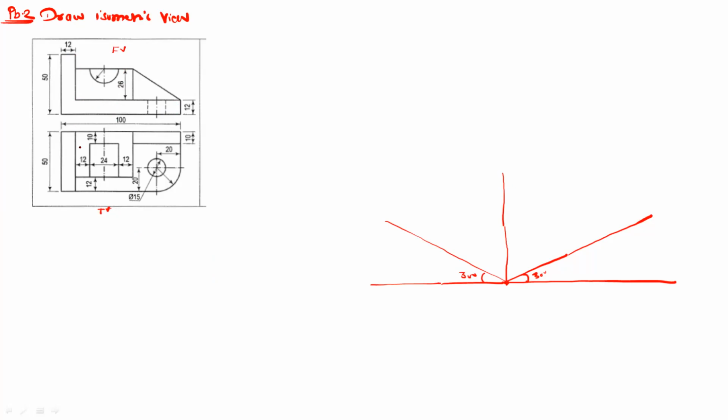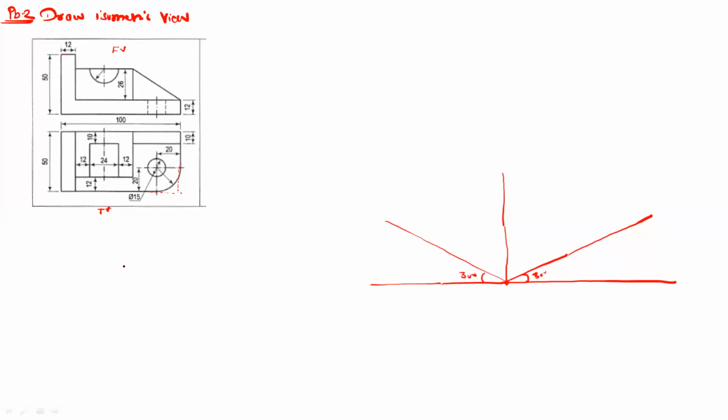In the top view, for this rectangular portion, you can observe this rectangle. So definitely it is a rectangular plate, that is a vertical plate. And for this portion, which is a horizontal rectangle in the front view, you can observe here this is the top view. At the corner there is one fillet, that is a curved portion. It is having the radius 20 mm. Basically it is one rectangle like this, and this is the fillet given to this corner.